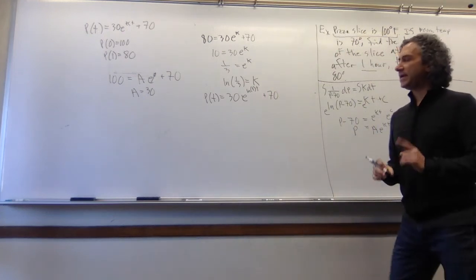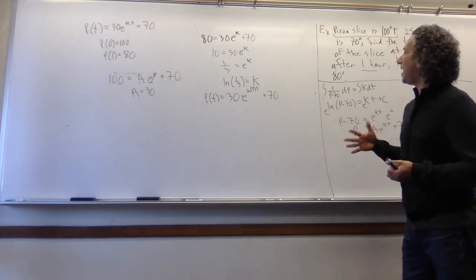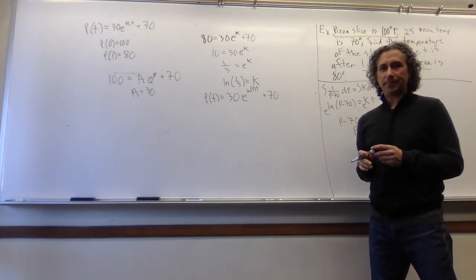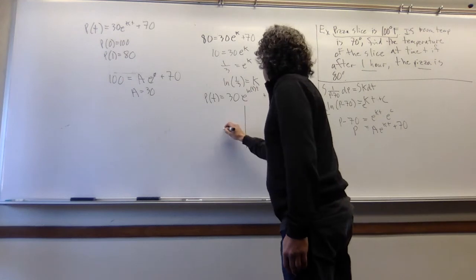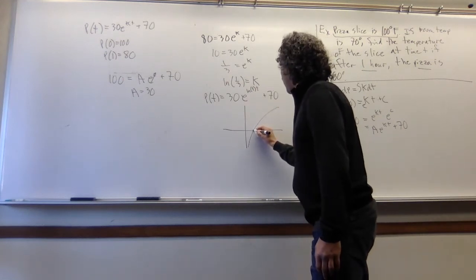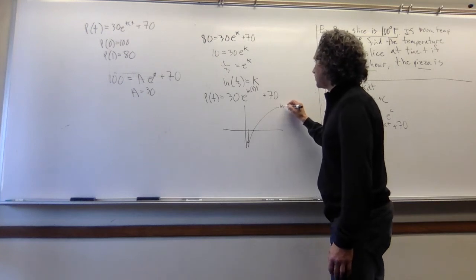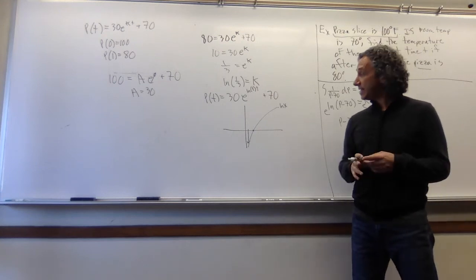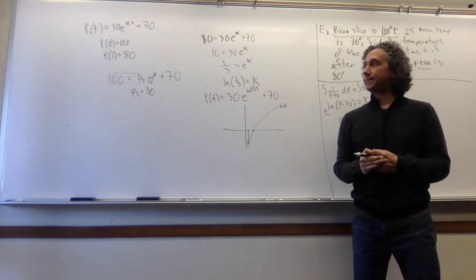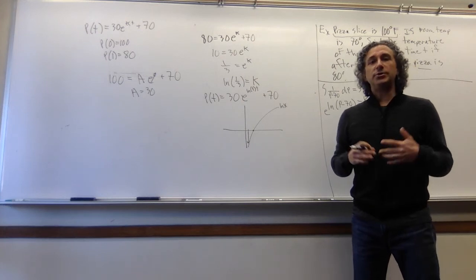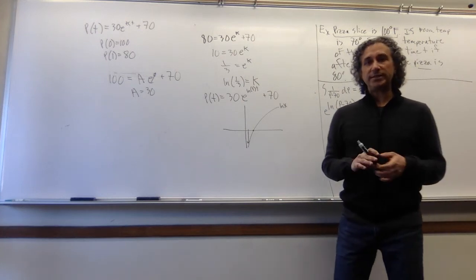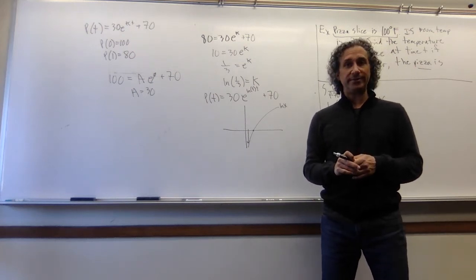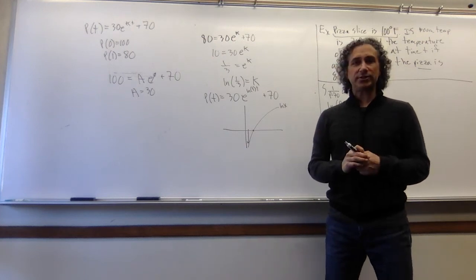And I do want to point out that I said that the k should be a negative value in this case in terms of this being a decreasing temperature. And ln of 1/3, just as a reminder, ln of 1/3 is this guy down here. So here's the natural log function. Ln of 1/3 is actually a number that is negative, so I get a type of value that's expected. So those are two applications of differential equations. Both of them involved us understanding how to solve using separation of variables. And that's all I have for this lecture, so thanks so much for listening.